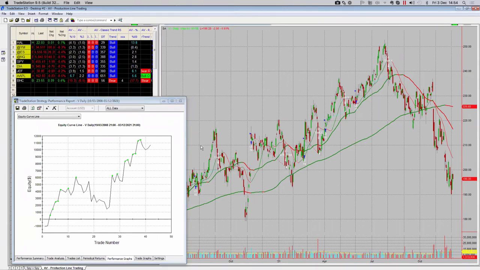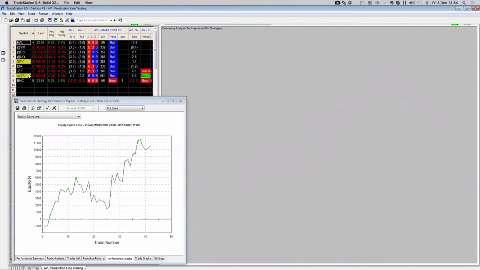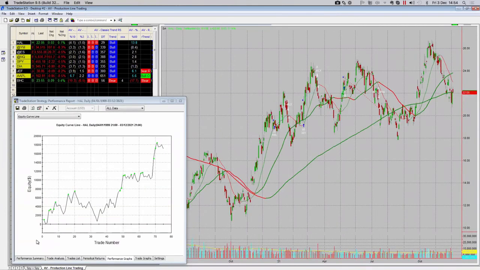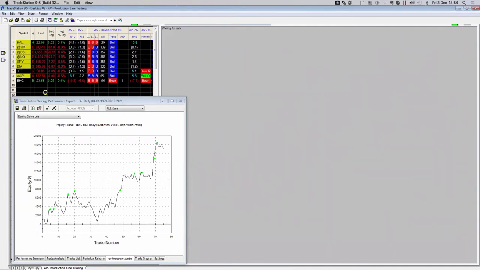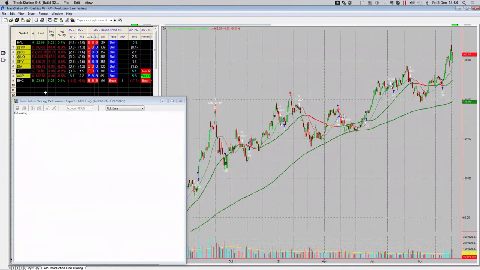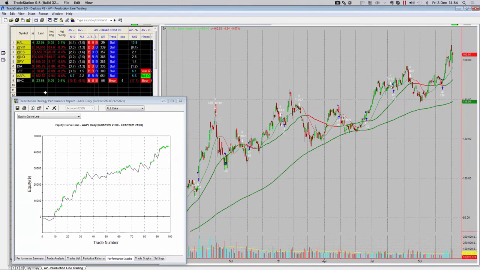Again, let's come back to Halliburton, then we're going to look at a few others. One of the stocks that we looked at, so again, Halliburton we just looked at. Let's check out Apple, everyone's favorite stock. In the last 20 years, should I have traded Apple? Of course you should have traded Apple. Should I continue to trade it? So yes, it should be in my universe.